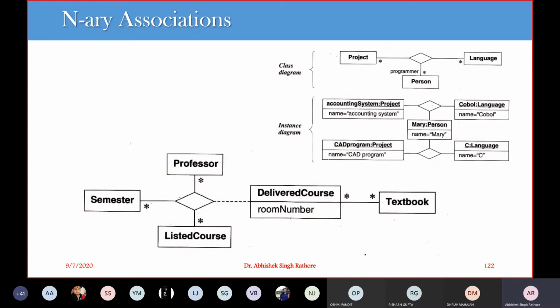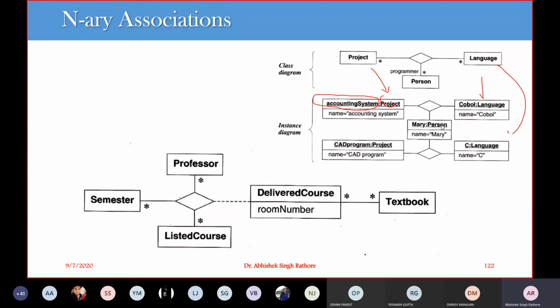Then another example on the instance diagram. This is our instance diagram. This is the name of an instance that has been specified in your first or second classes. This is the name of the instance, and this is the class, so this is the class identity. Then we have some different languages here.